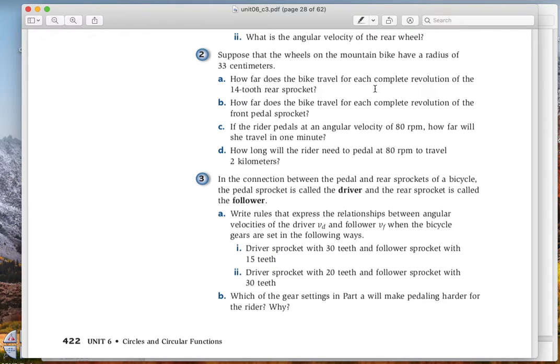So they have us figure out how far does the bike travel for each complete revolution of the 14-tooth rear sprocket. So if we've got the 14-tooth rear sprocket, one full revolution of that rear sprocket, again, we're ignoring the pedal, one full revolution of that